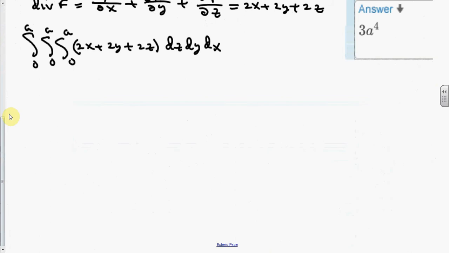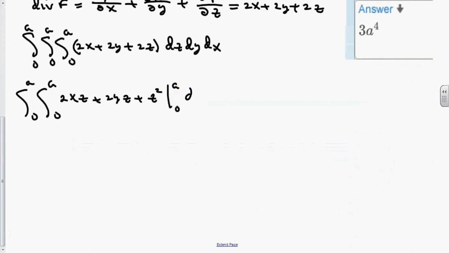So here we just evaluate the triple integral. So we integrate with respect to z first. Here the integral from 0 to a. We're going to put that 2 out in the front. We could do that, or you just leave it in there. Doesn't matter. So we get 2xz plus 2yz plus z squared, and z is evaluated from 0 to a, dy dx. So we get the integral from 0 to a, the integral from 0 to a, and this gives us